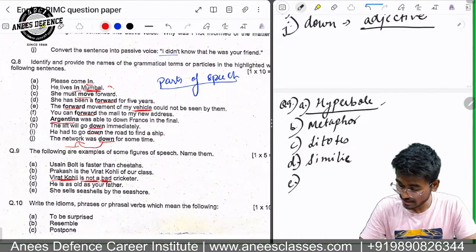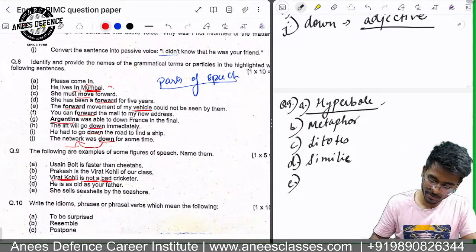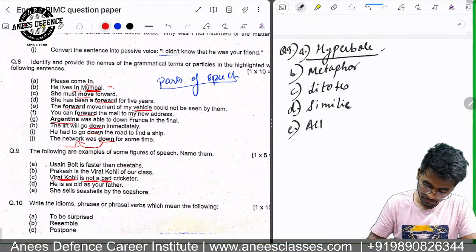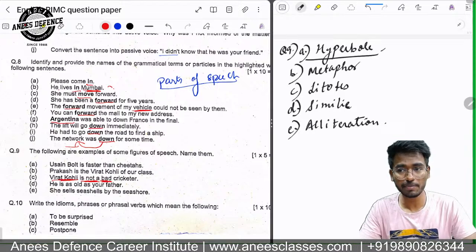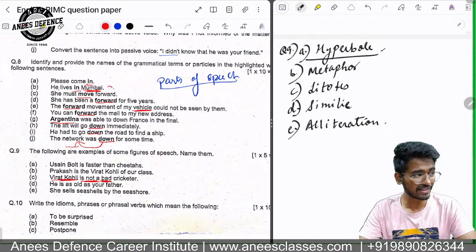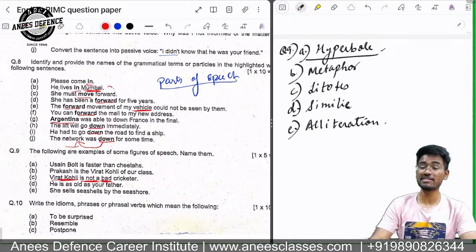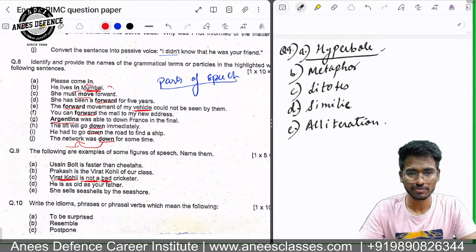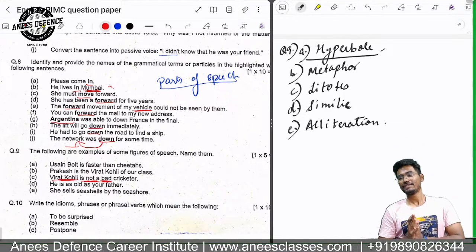She sells seashells by the seashore. There is a repetition, or you can say similar words, a tongue twister type. That time we term this figure of speech as alliteration. हाँ, जब सेम वर्ड रिपीट होगा तब रिपीटेशन होता है. यहाँ पे क्या है, सिमिलर साउंडिंग लेटर्स है. What is the statement? She sells seashells by the seashore. So it's a type of tongue twister. If you repeat it frequently, then you might twist your tongue. So this is nothing but your alliteration.